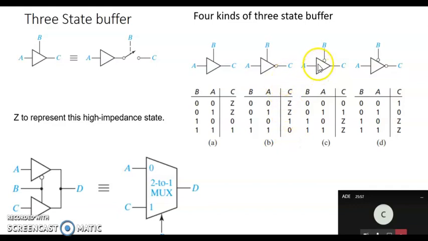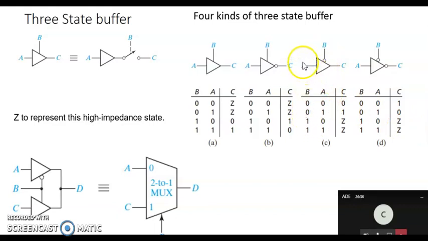In the next, it's active low enabled. Whenever I provide a low input, it will be activated. These 2 cases are active high. Whenever I provide a high input, it is activated. These 2 cases are the reverse of that. Whenever I provide a low input, it will be activated. You can see a bubble here. When there is a low input, we are getting the output. When there is a high input, it is deactivated, so we are getting high impedance. Even in this case, whenever it is high, it is high impedance. In this case, it is activated when it is 0.